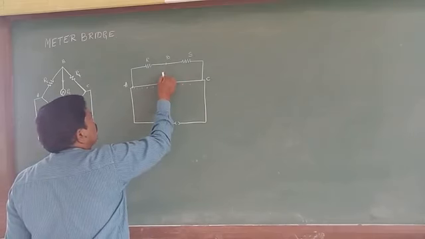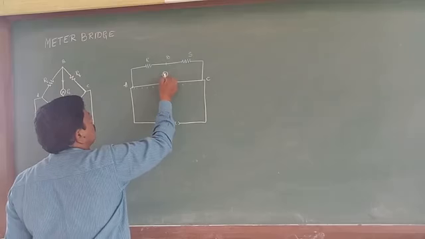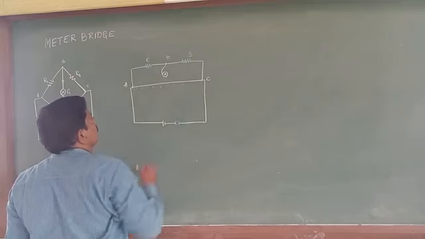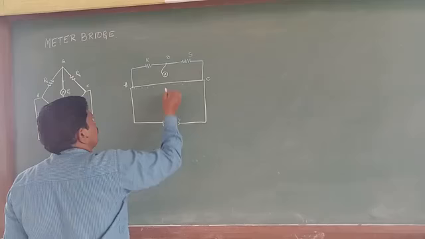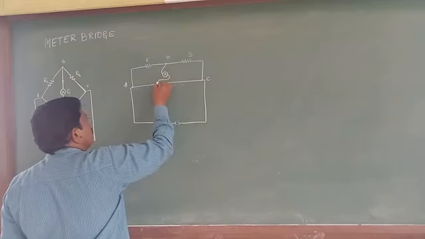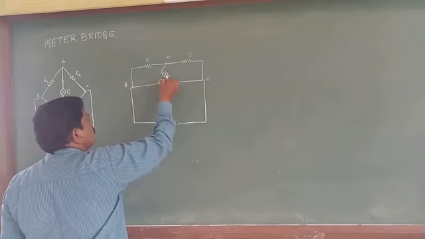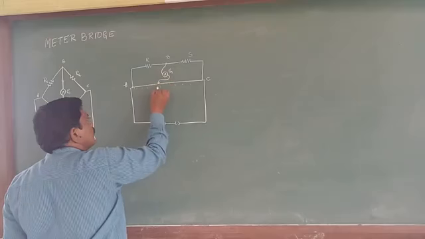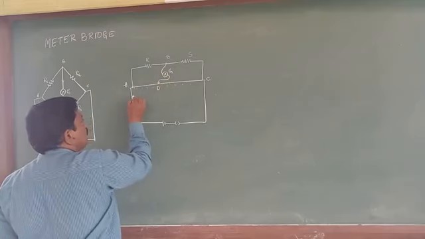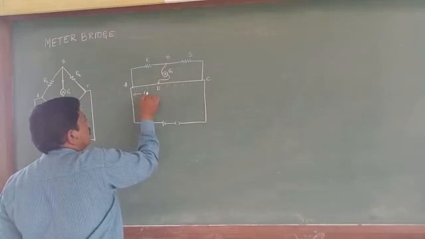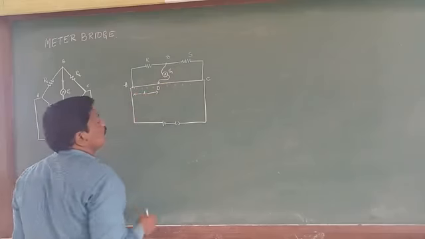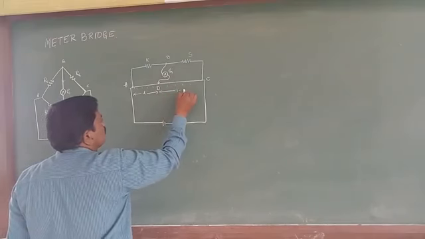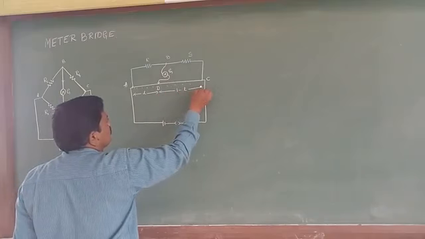I will take one galvanometer which is connected between B and D. I will touch one end of the galvanometer to the wire at D. Let the length of the wire AD be l, and clearly the length DC is 1 minus l,